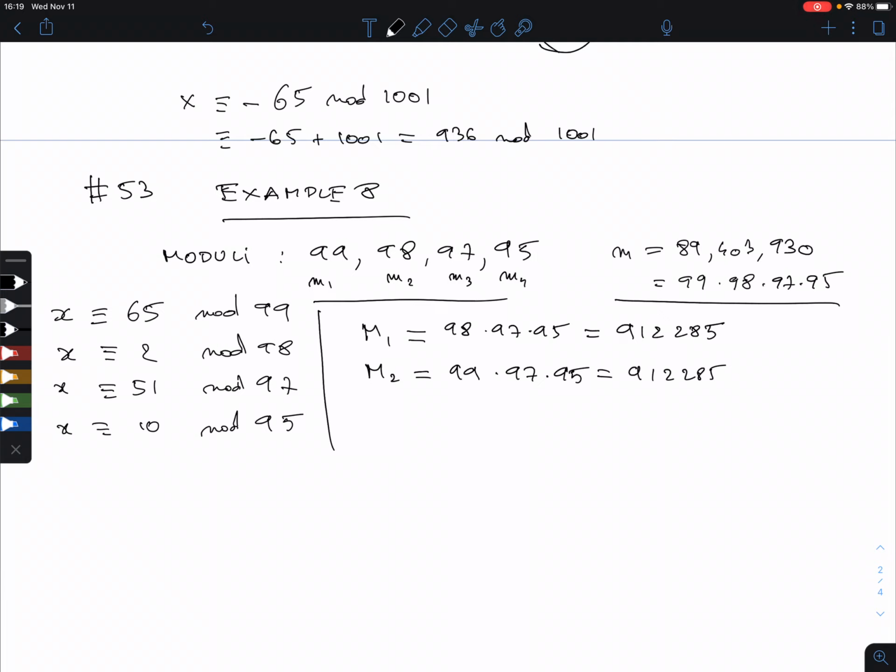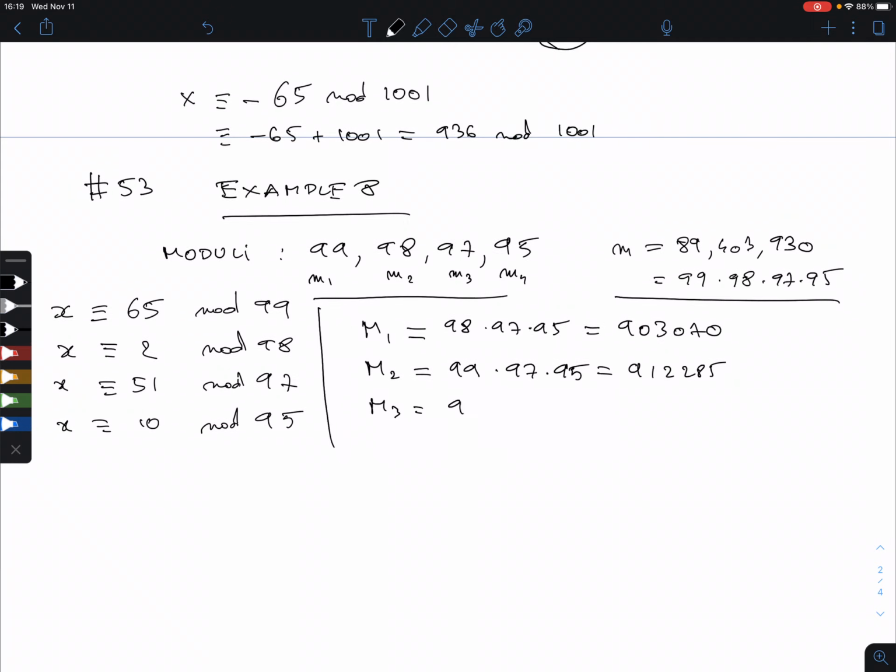So the first one I punched in wrong. 98 times 97 times 95 is... Oh, okay. This one was wrong. This was 903070. M3 is 99 times 98 times 95, and M4, let me write it up already, that is 99 times